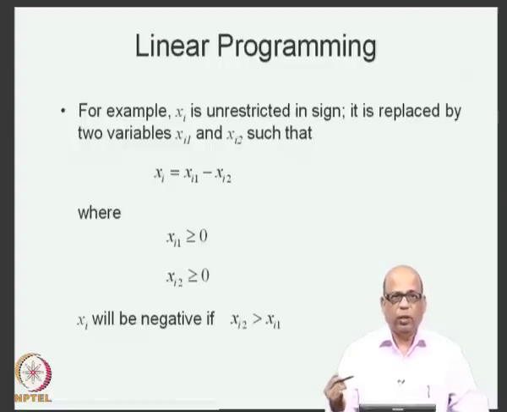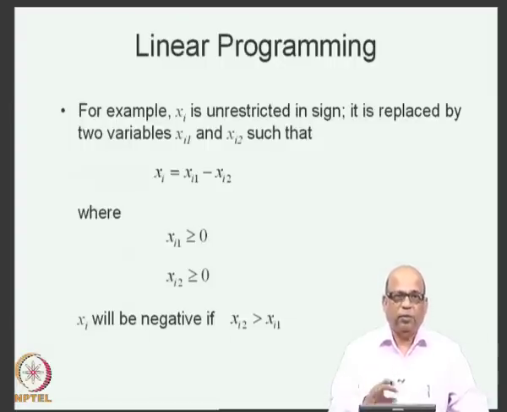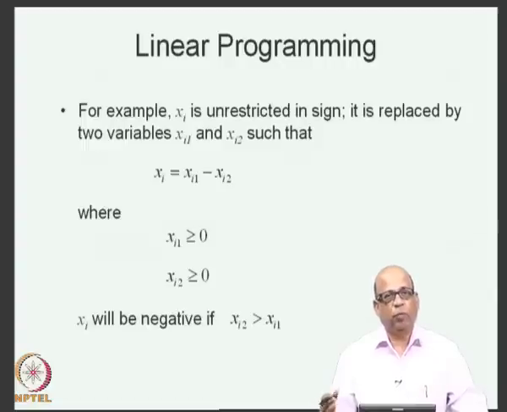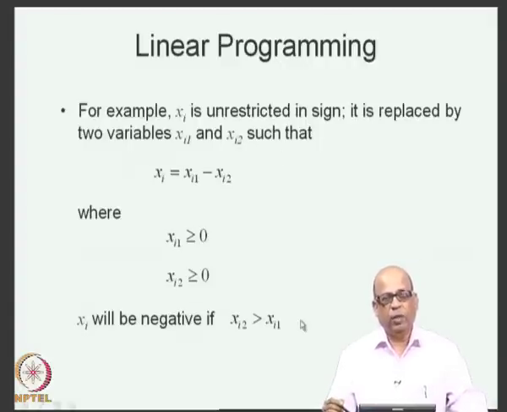So, you are able to convert the objective function into a maximization type, you are able to convert the less than or equal to into equality constraint, the greater than or equal to constraint into equality constraint, and you are able to convert the unrestricted variables into non-negative variables. Therefore, any given LP problem can be expressed in the general form, which requires the objective function to be maximization type, all the constraints to be of equality type, and all the variables in the LP problem to be non-negative. So, this is how we express a given LP problem in the general form.